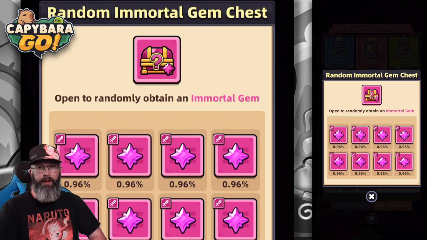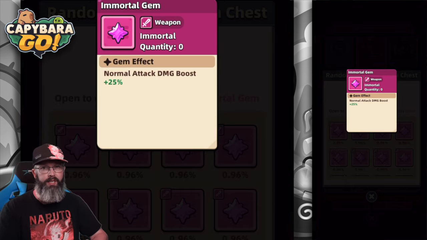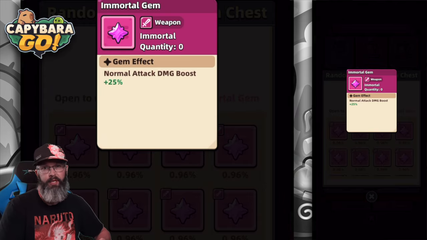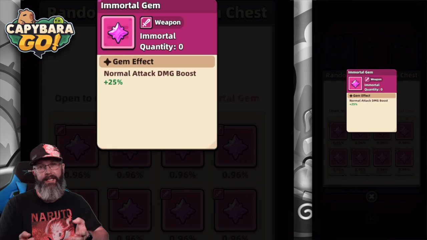If I was using, let's say, a Sky Splitter and building around combo, I might go for a normal attack plus 25% and a combo damage plus 35%. Or if I was going to counter build, I might go for that normal attack plus 25% and the counter damage plus 35%. But you may be asking yourself, after seeing normal attack referring to basic attack, and now seeing a physical attack,